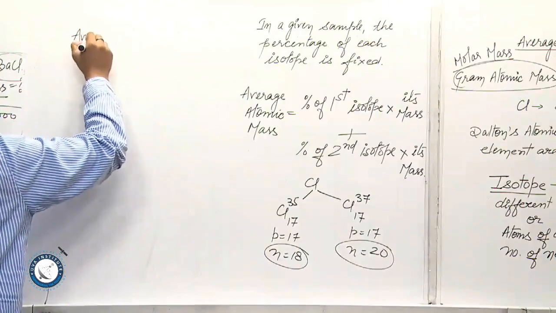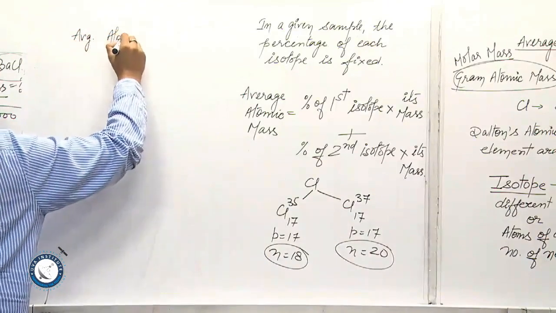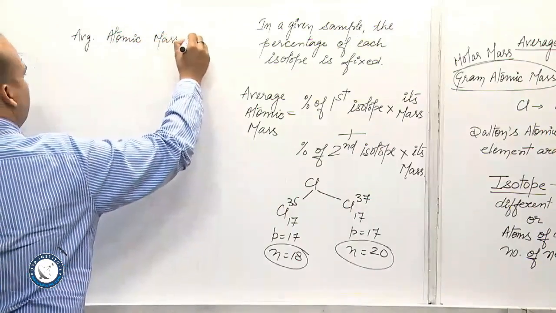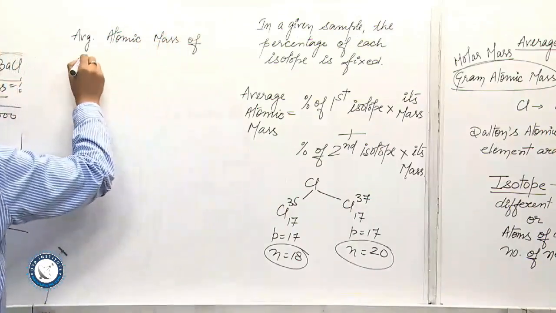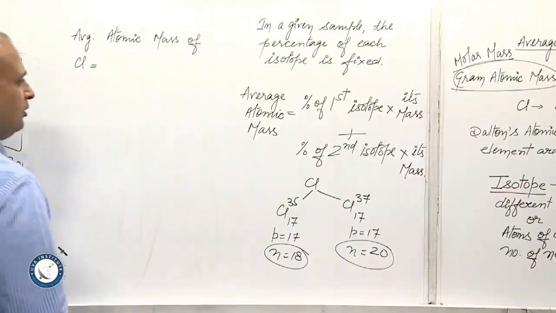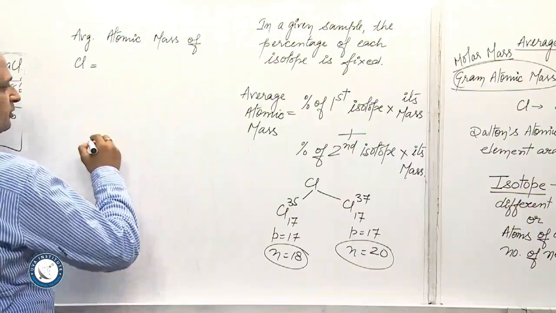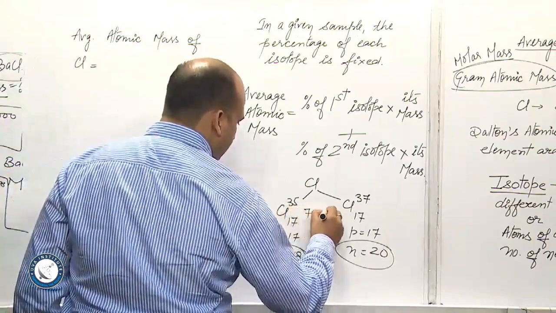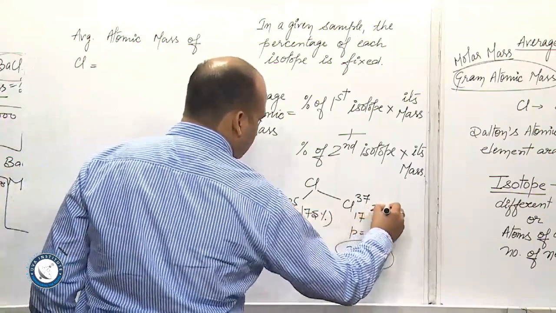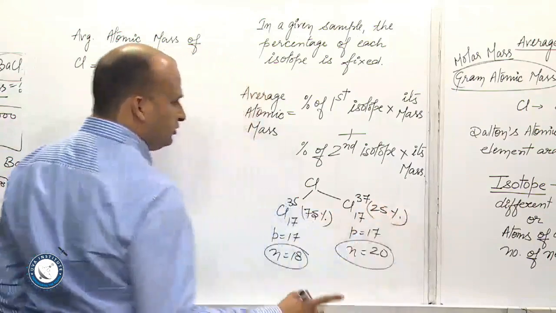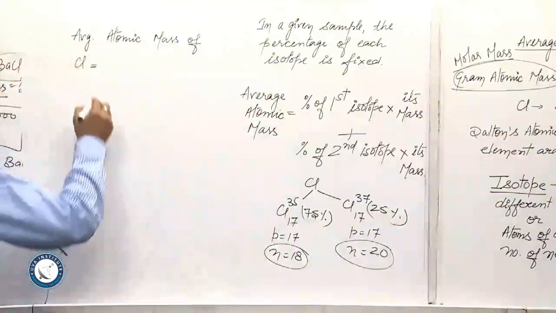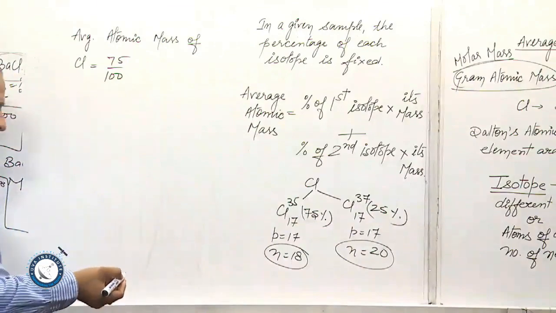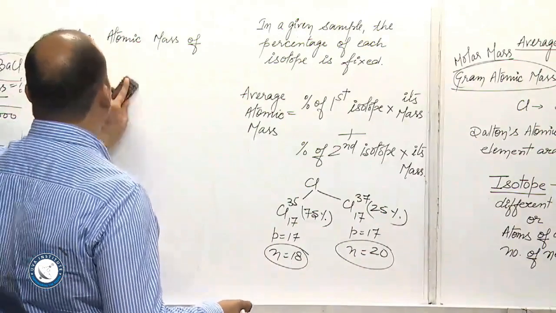So the average atomic mass of chlorine is equal to... what is the percentage of the first isotope? This is 75%, this is 25%. Now see, you can write it in two ways. Either you can write 75 by 100, that is your choice. I prefer to write